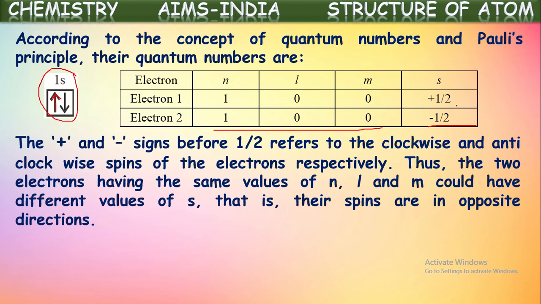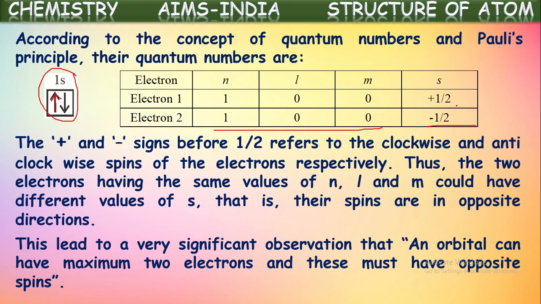So what we can conclude from this is that in an atom, if we compare any two electrons, they might have a maximum of three quantum numbers the same. At least they will differ in the fourth quantum number. That we can give as a statement from Pauli's principle: no two electrons in an atom have the same set of quantum numbers. They might have a maximum of three quantum numbers the same, but they will be different in at least one quantum number value.